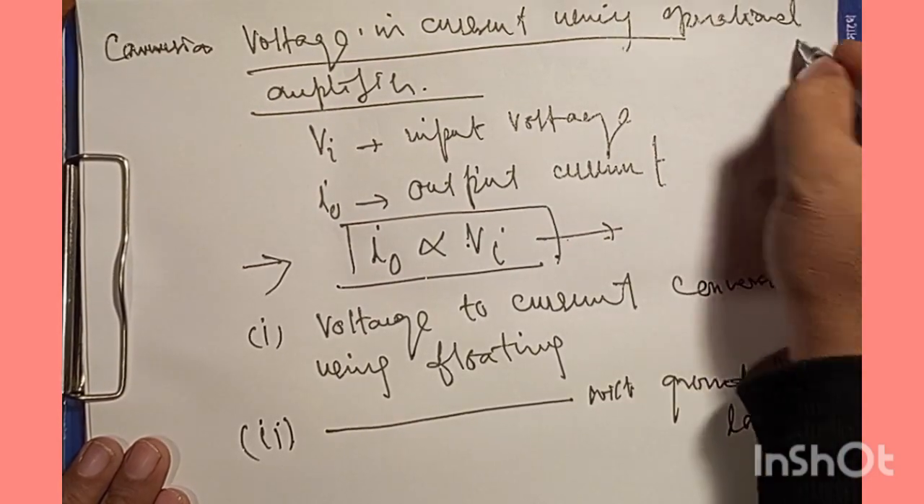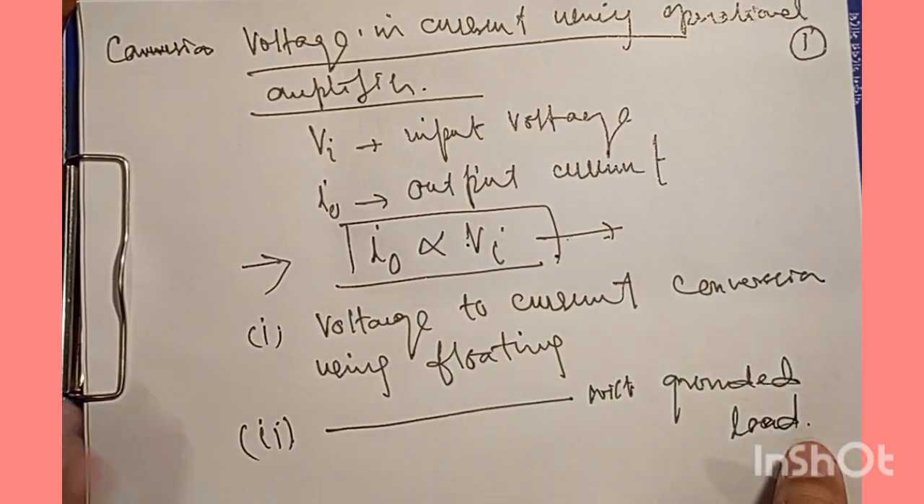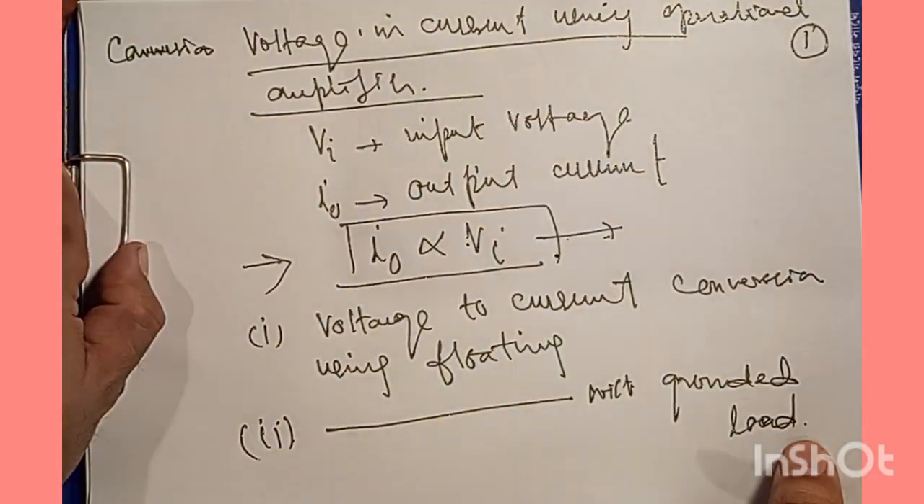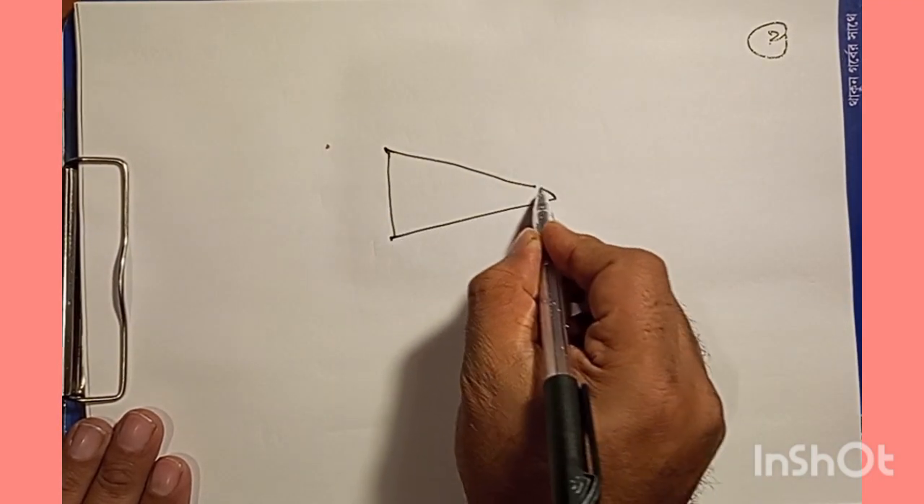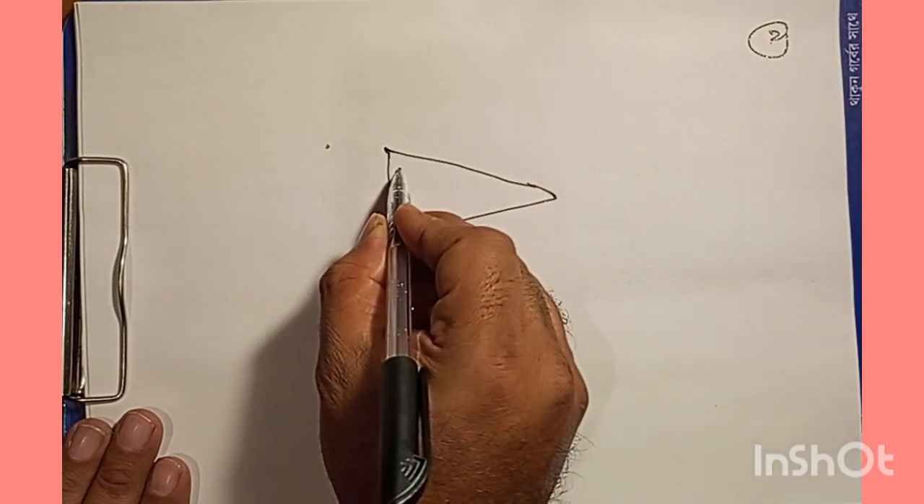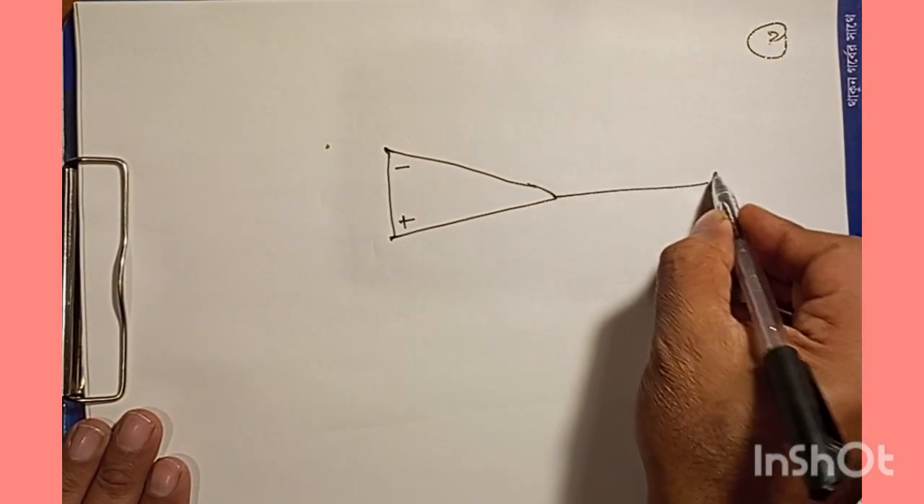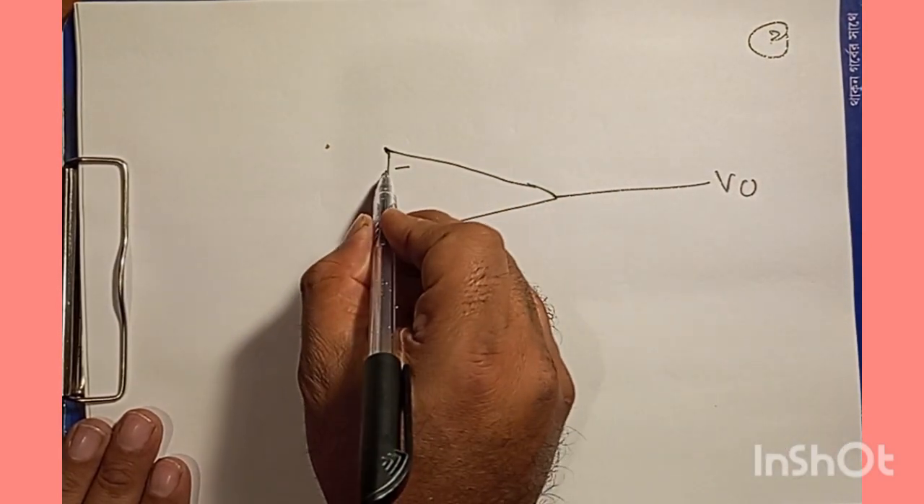Now let's first draw this circuit for this conversion by making use of operational amplifier. So we have an operational amplifier, and it has two terminals. One is non-inverting, another is inverting. We have the output, and here